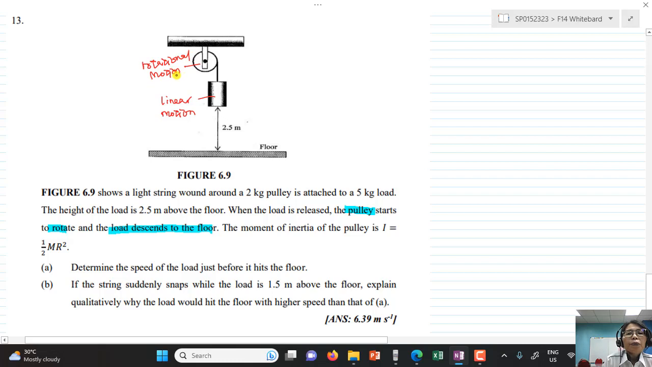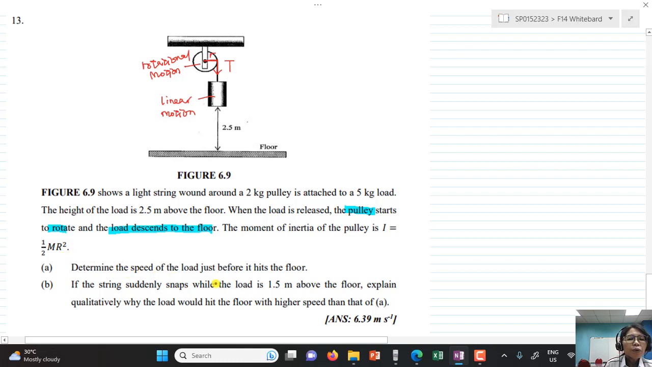Okay, how come the pulley has rotational motion? Because we attach a string, so the string has tension, and this tension has a distance r from the center or the axis of rotation, so it will rotate the pulley, and then the load will accelerate downwards. So given the moment of inertia for the pulley can be calculated using the equation I is half mr